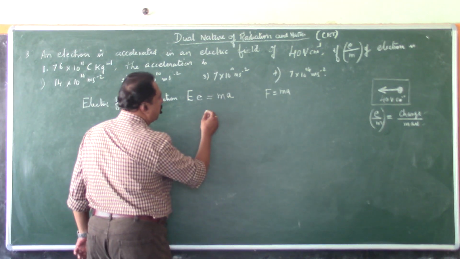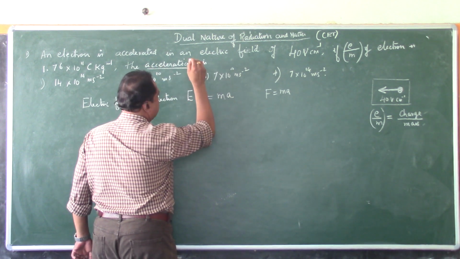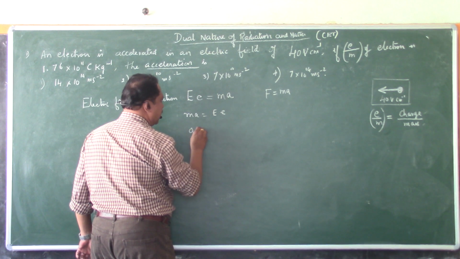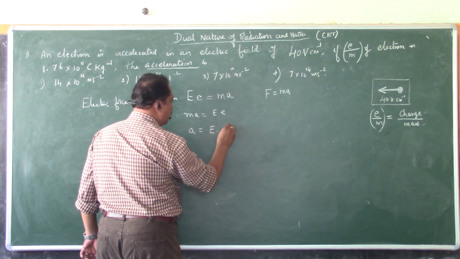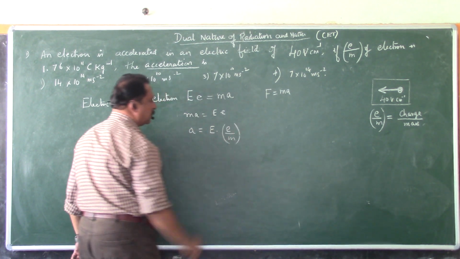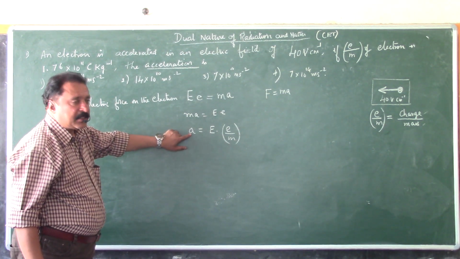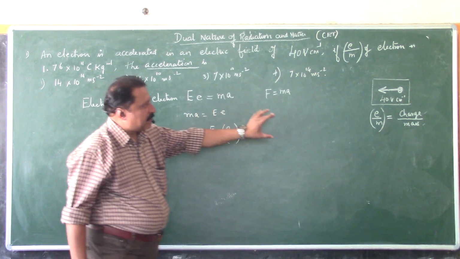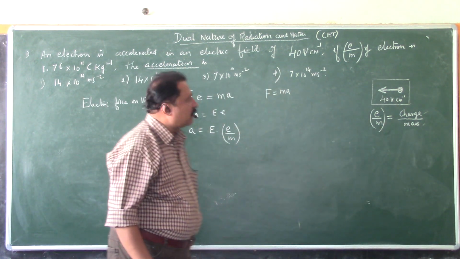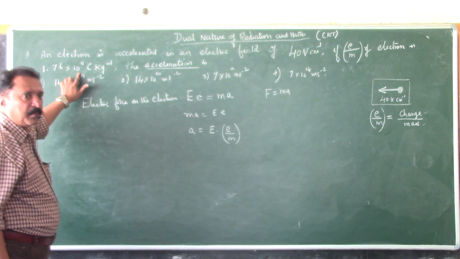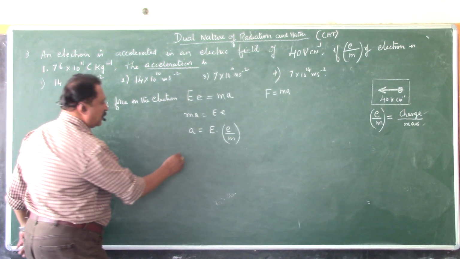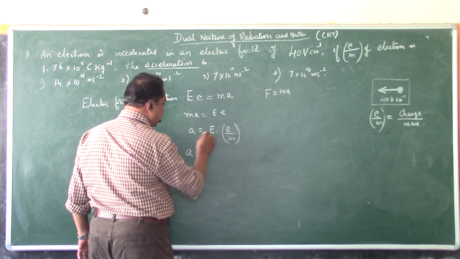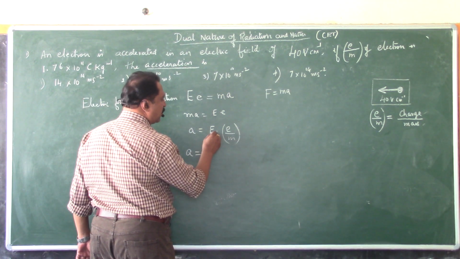So what do we want to find? We want to find the acceleration. So you can write ma is equal to E into e, or a is equal to E into e by m. Acceleration of the electron is now E into e by m, and e by m is the charge to mass ratio of the electron, which is 1.76 into 10 to the power of 11 coulombs per kg. So now putting these values, a, that is the acceleration for the electron, is